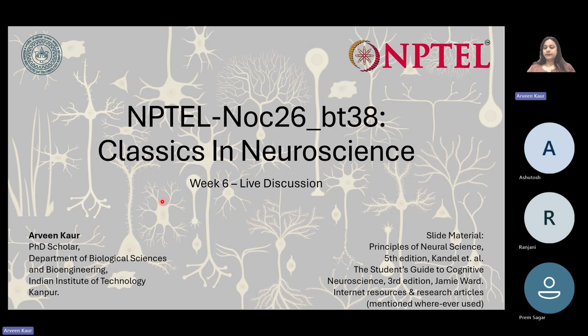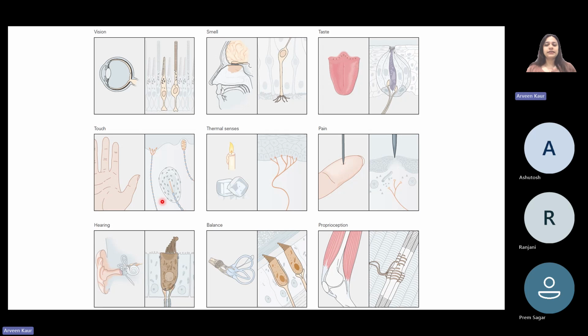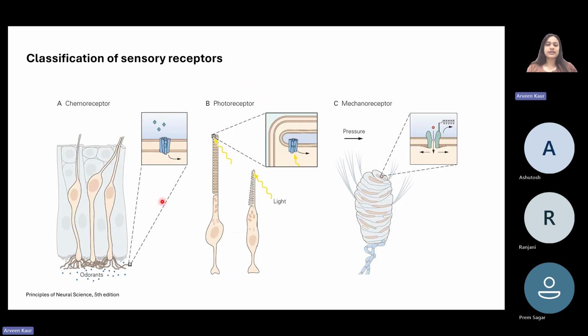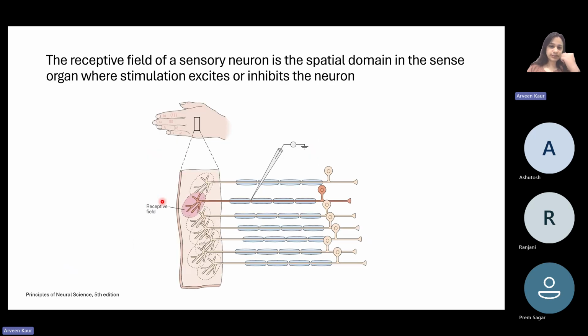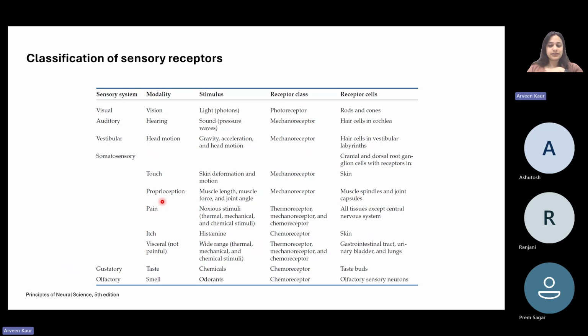Yes. So we'll just begin with this portion, right? This is the part that we have already discussed. I've just kept it so that you can recall that in the previous section, the first, I think, 4 or 5 slides we have already discussed. We have talked about different kinds of receptors: chemoreceptors, in which the stimulant is some kind of chemical; photoreceptors, wherein photons are the stimulants; and mechanoreceptors, where some kind of pressure could be the stimulating factor, right? We have also briefly discussed the receptive fields of these neurons, and this chart also we had discussed, right?